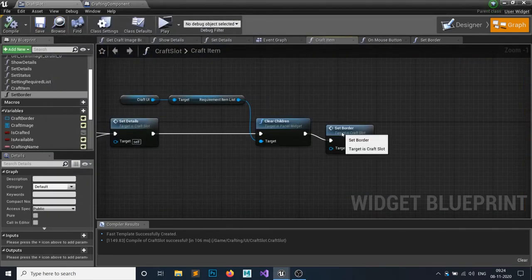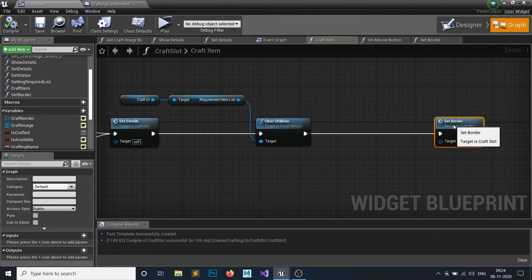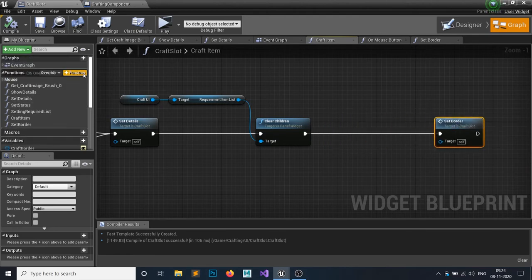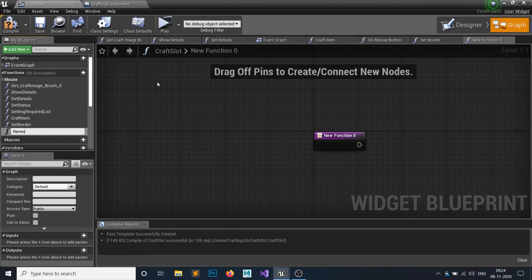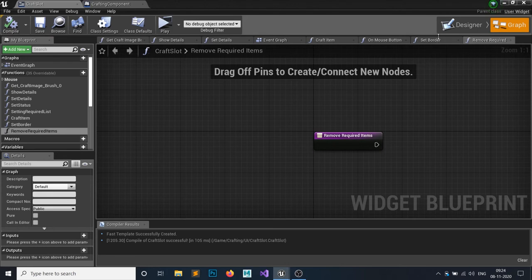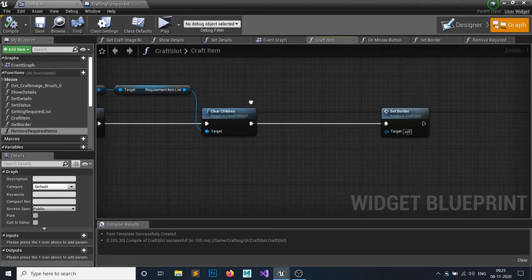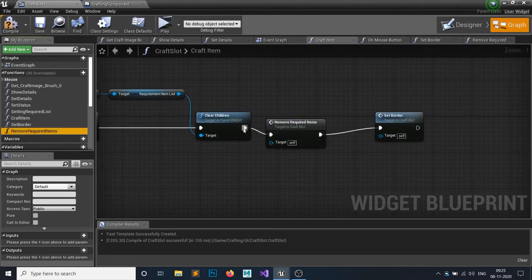Let's remove the items from our inventory as well as the player wallet. So let's make a function called remove required items. It compiles, and we're going to call that function after clearing the children.